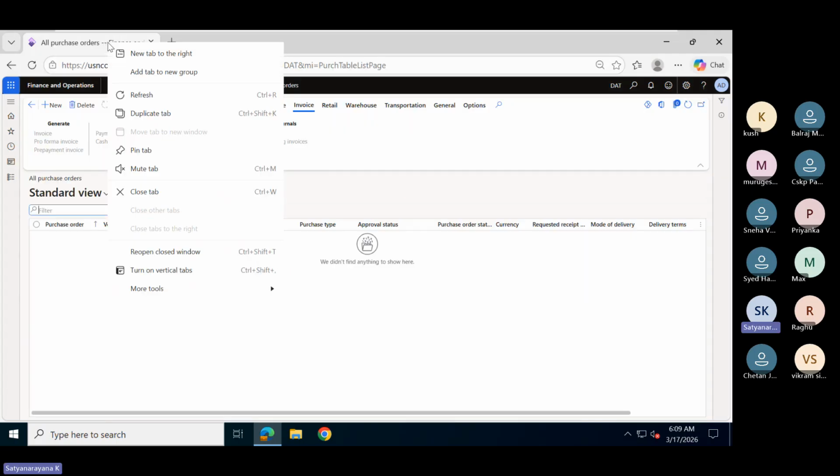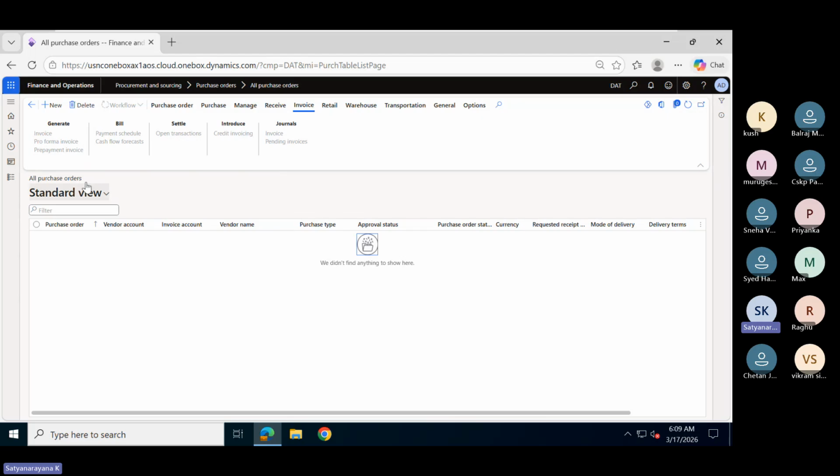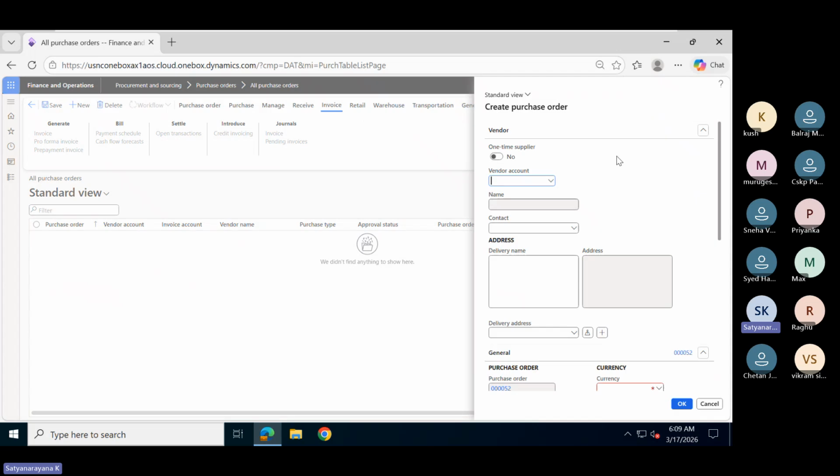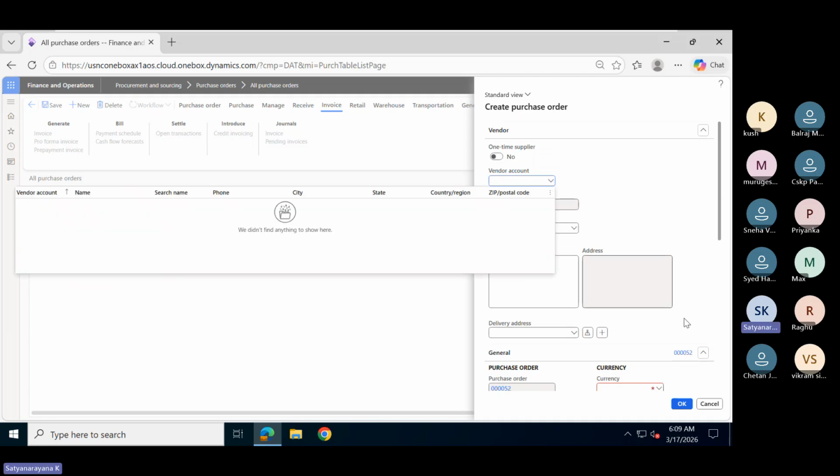Here I'm taking a duplicate. So look at this one. It is empty, so don't try in that company. You will not find any data. This is an empty database. You cannot find anything.